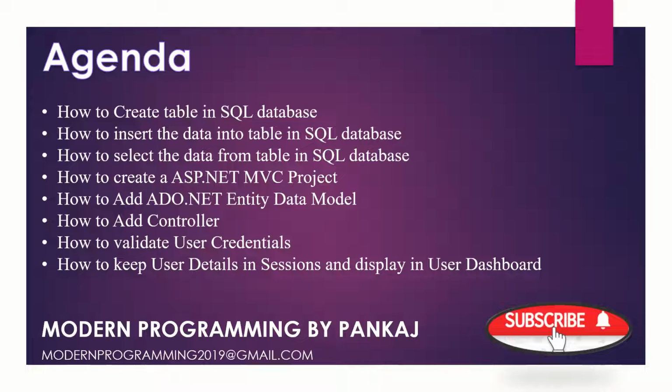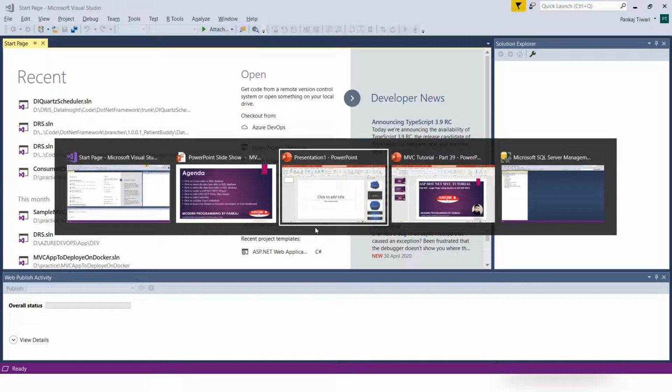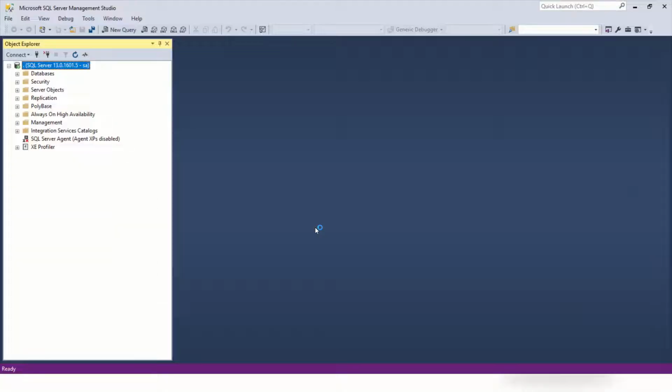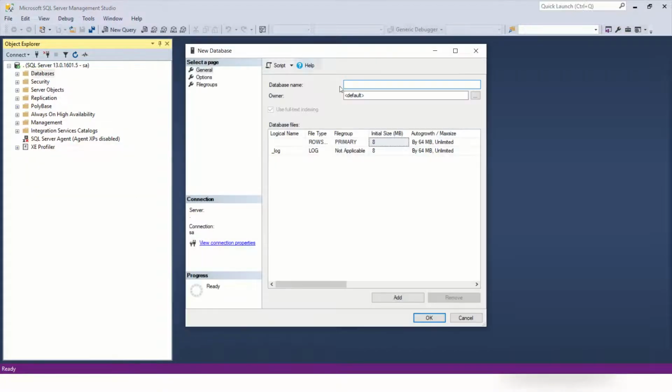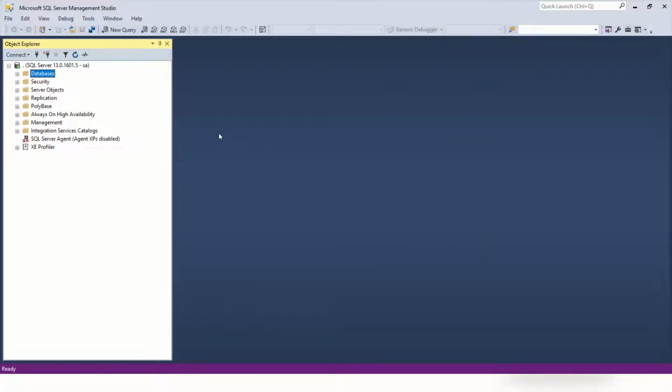So let's flip to the SQL Server Management Studio and we'll create one database and a table inside that. So this is the SQL Server database. What I need, I will just create the database first. So how to create that? Just click on Databases, right click on this and select New Database, and we can create dev. Okay, and I'll just click on OK, and it will create the database by default.